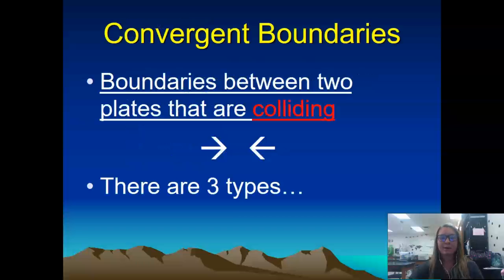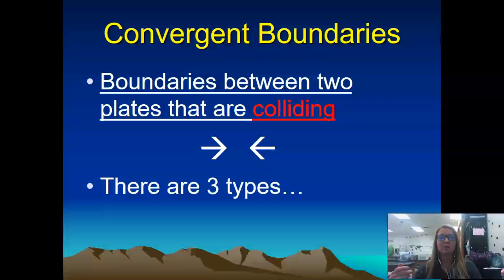The next type of boundary is our convergent boundary, and this is where two plates are being pushed together. They're colliding. So I always think of the Beatles song, Come Together. They're being pushed together. They're colliding. And so the interesting thing is, our divergent boundaries, you can have two different types, a rift or a ridge. Whereas our convergent boundaries, we can have three different types of convergent boundaries depending on what type of plates